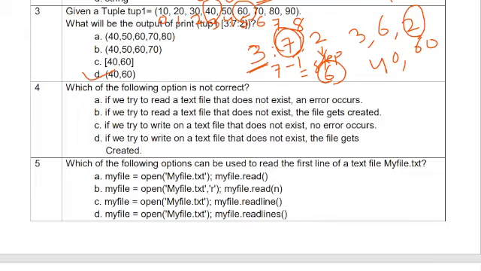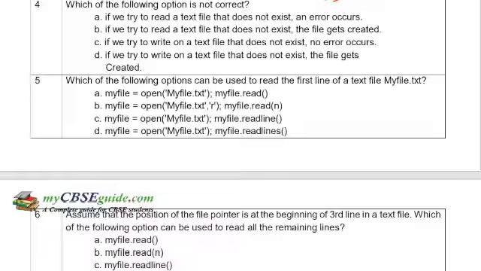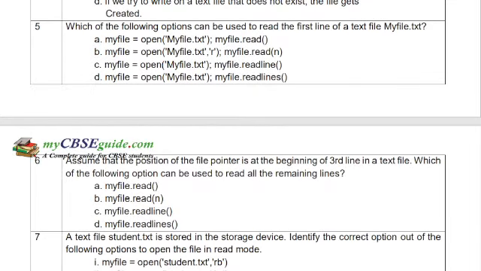Then come to the next question. Which of the following options is not correct? If we try to read a text file that does not exist, an error occurs. It is correct. If there is no text file, then what can we read? Next: if we try to read a text file that does not exist, the file gets created.